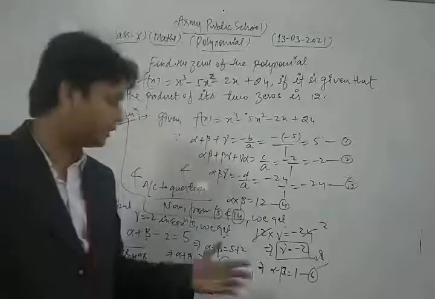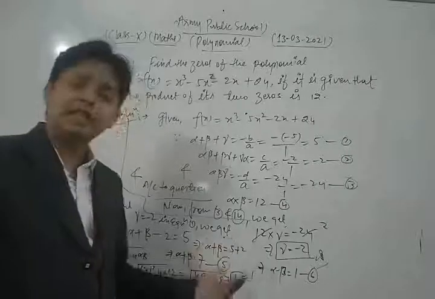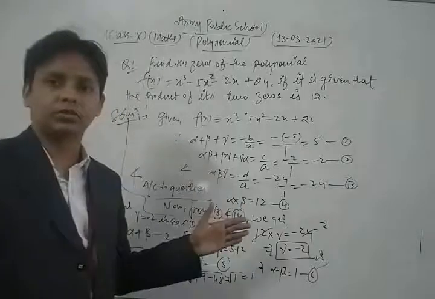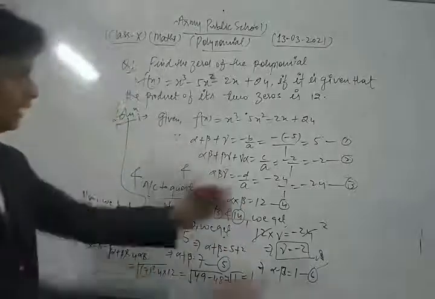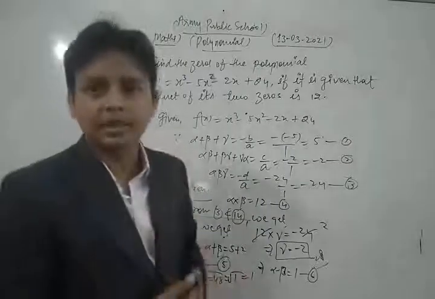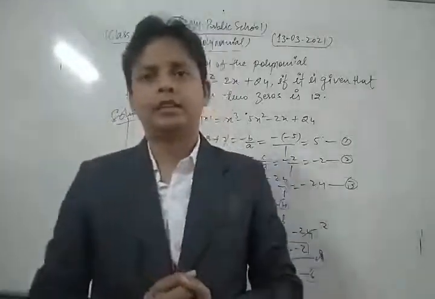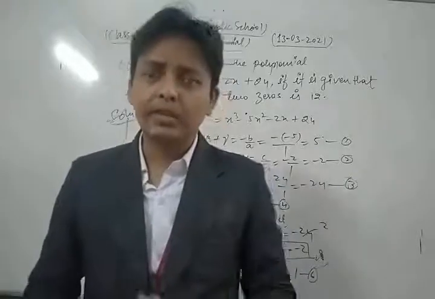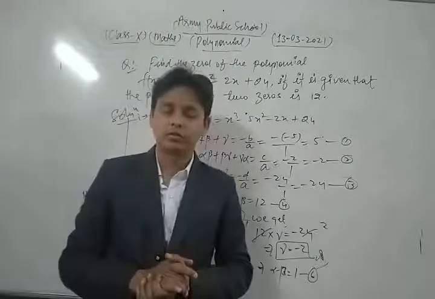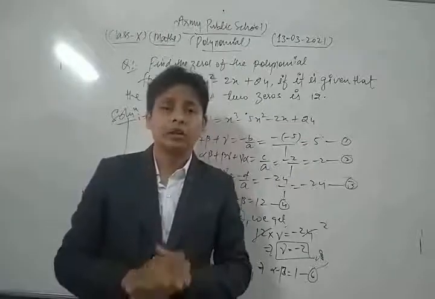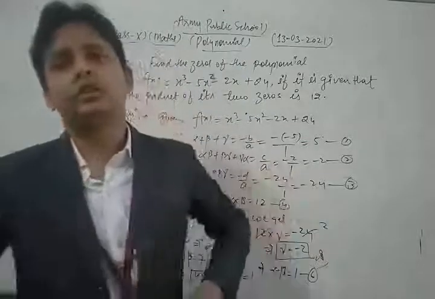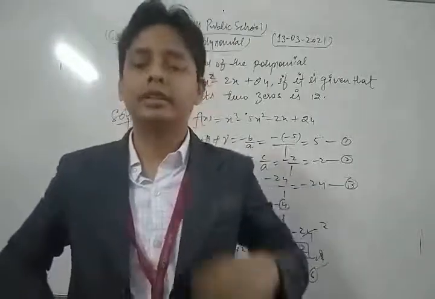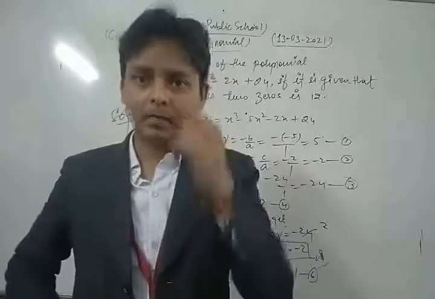So in this way we get the three zeros as alpha, beta, and gamma. So this is the required solution of the given question. Okay, dear students, in today's class we take and solve some important questions based on the cubic polynomial. Then after that we discuss the topic, which topic? We discuss the topic relationship between zeros and coefficients of a quadratic polynomial and cubic polynomial.